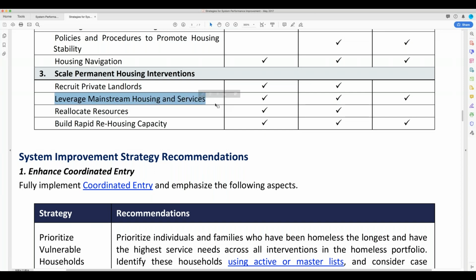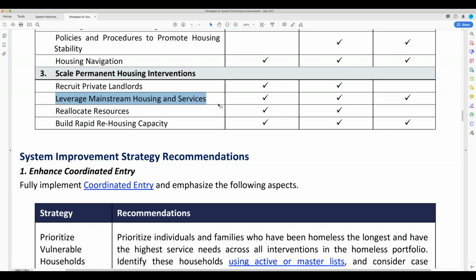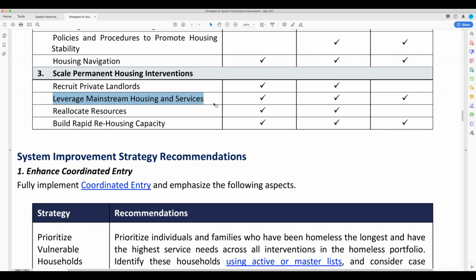In Morris CoC, a lot of that looks like, hey, what is OTA doing around the table? They are a very crucial partner, right? And mainstream housing and services in our CoC, because of the laws of the state of New Jersey, include emergency assistance, right? Could be TRA, could be EA hotel motel placement. That's a critical piece. But the other point that was brought up earlier is